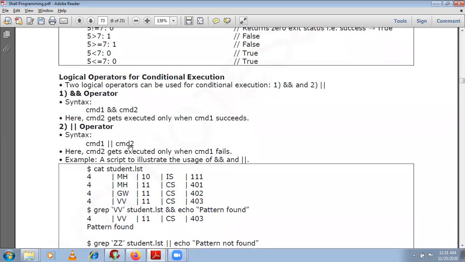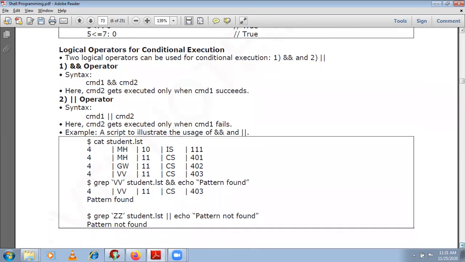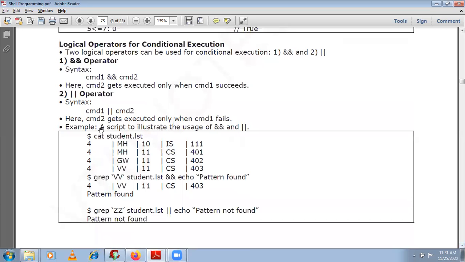So CMD 2 gets executed only when CMD 1 fails. That means if CMD 1 is true, then there is no need to execute CMD 2. So this is how it works in the OR operator. This can also be called short circuit AND and short circuit OR. We saw this in Java programming. So we shall try to understand the usage of short circuit AND and short circuit OR with the help of